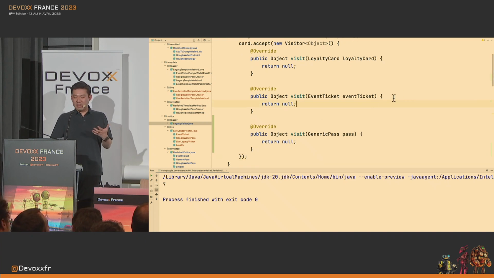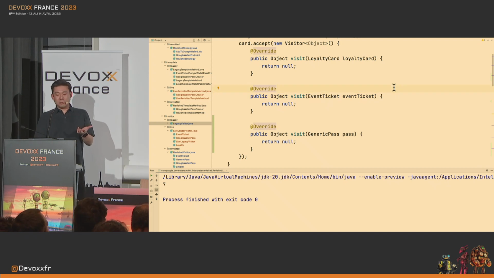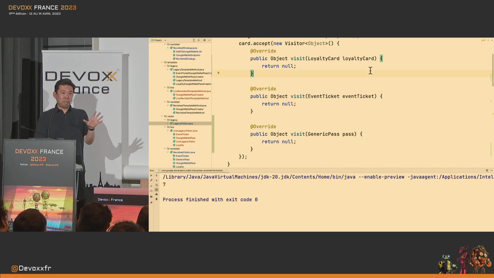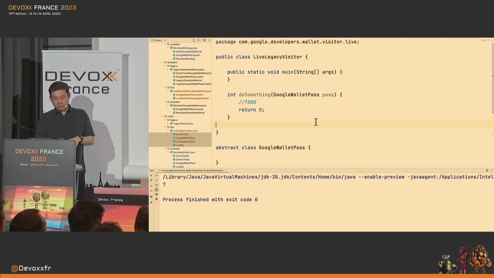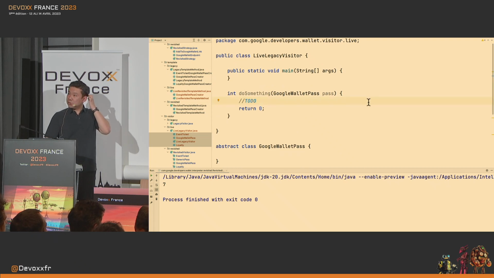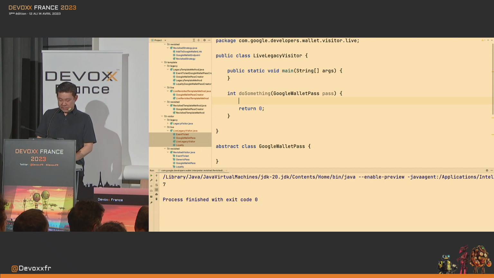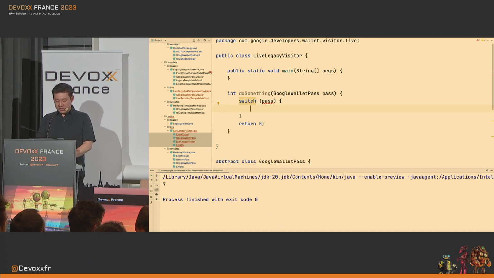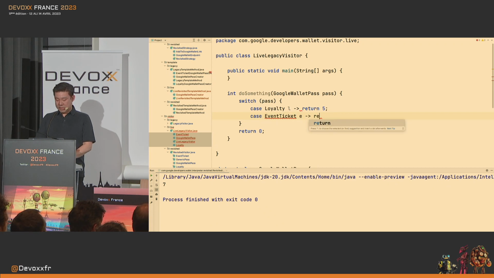So the visitor is very hard to code, and even worse to read, but it fits beautifully if you have this particular problem. What is the revisited version of the visitor? Well, now you have the same class hierarchy, but instead of having to create a visitor, you can do things like this. I received a pass, and now with Java 20 plus, I can switch on the pass type because we have pattern matching. And when I do, I can say, just in case it's a loyalty, I can return 5. And in case it's an event ticket, I can return